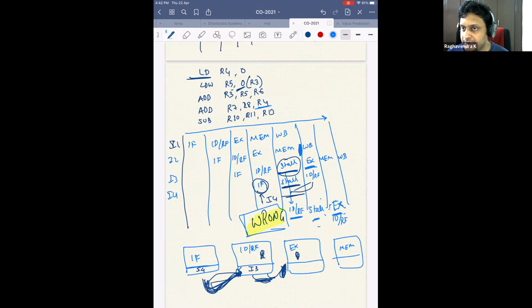Again, there are many different designs. One is Tomasulo's design. The other is register file logic. Of course, there might be others also. There are variations and variations to this.